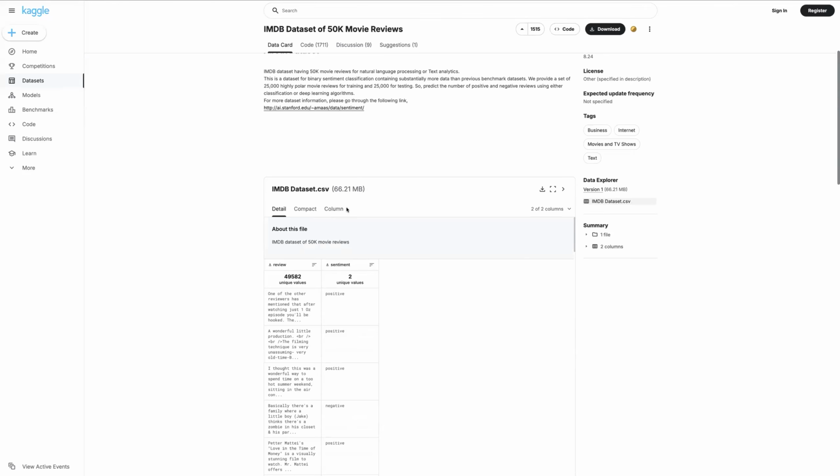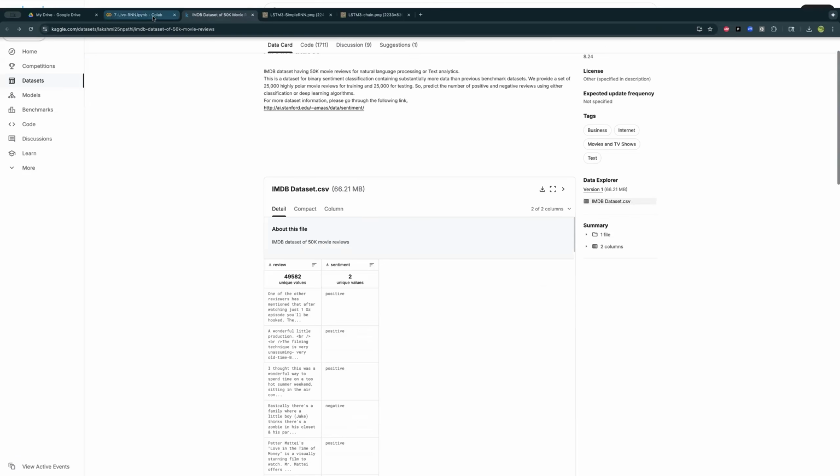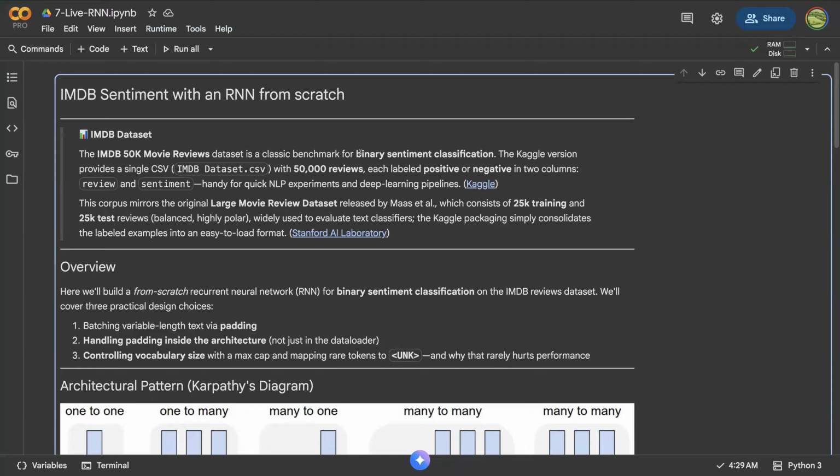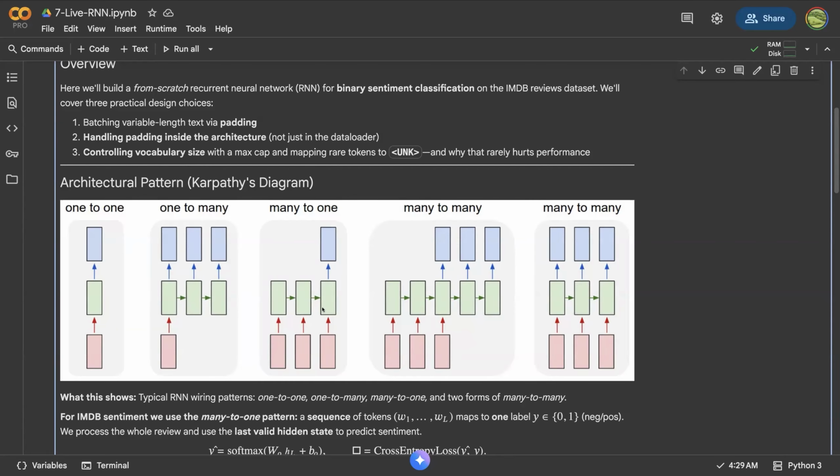So these reviews are collected to be a bit extreme, to basically make it easier for our natural language processor to classify. So we are going to use this data set, and we first build a vanilla recurrent neural network that takes in each review and predicts the label, either positive or negative. The problem falls into this class. We take in the sequence, and at the end, given the final hidden state,